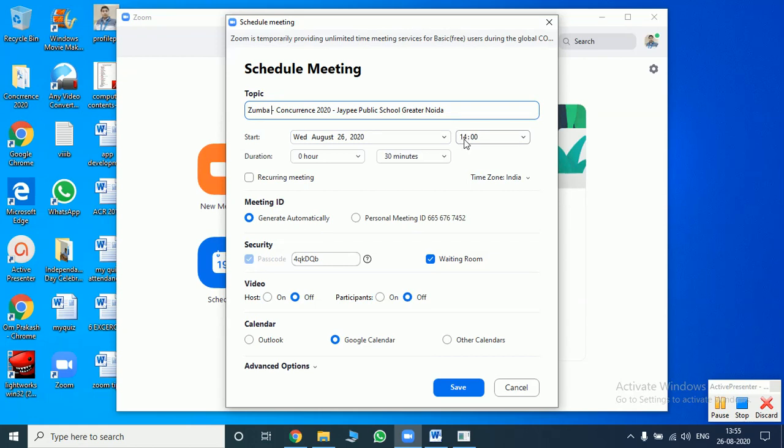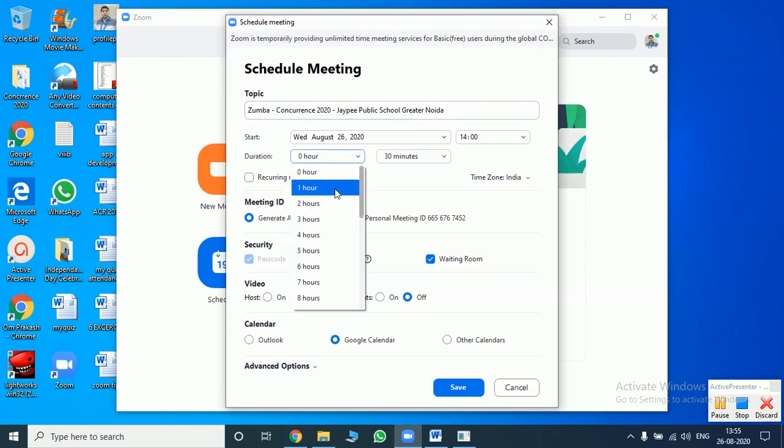It's not that you write the time exactly; you can take it appropriately. If the schedule is correct and ready, then fine, you can write the exact timing here. And please take some buffer time over here. If you are supposed to have the program for 1 hour, at least take 2 hours, or 1.5 hours, right?